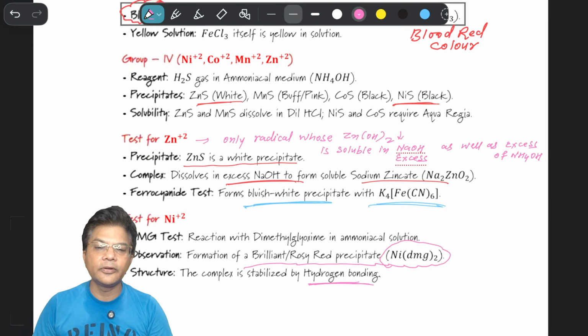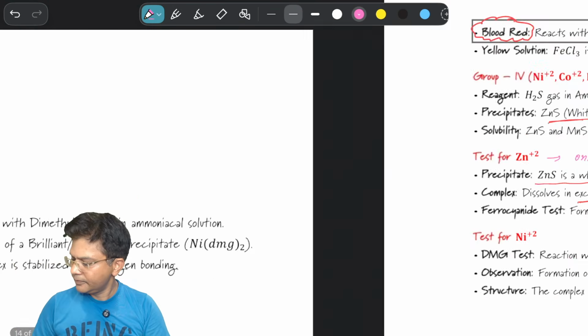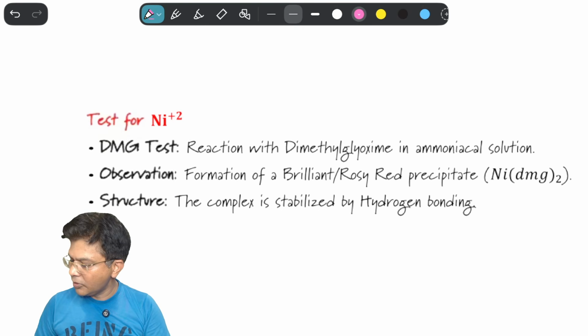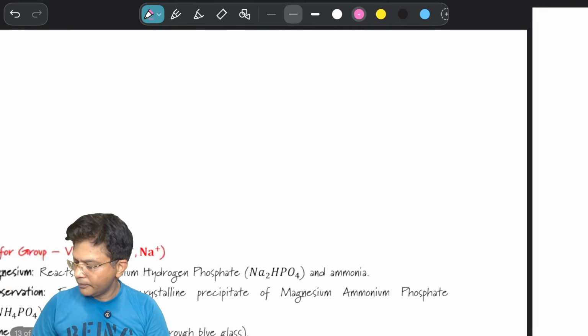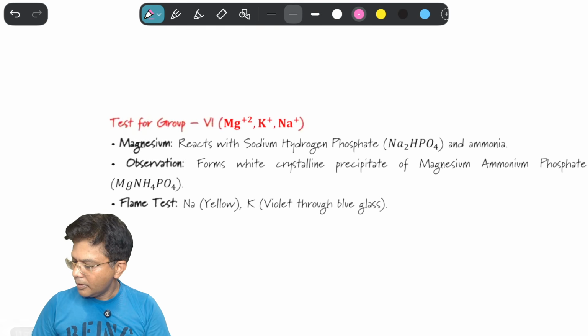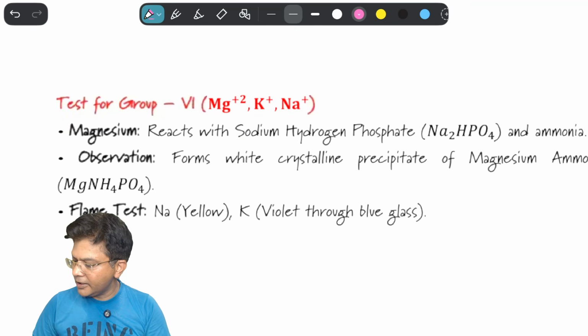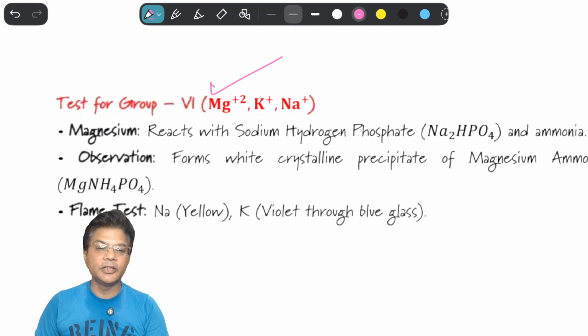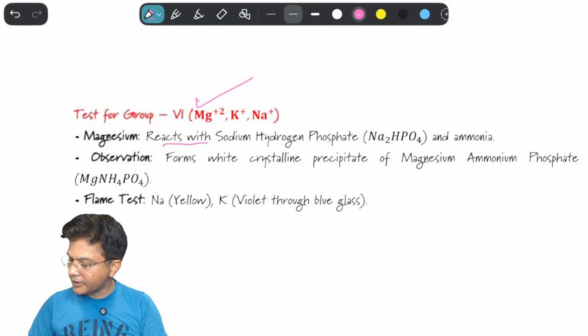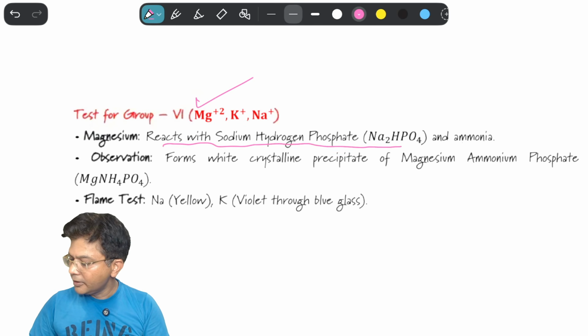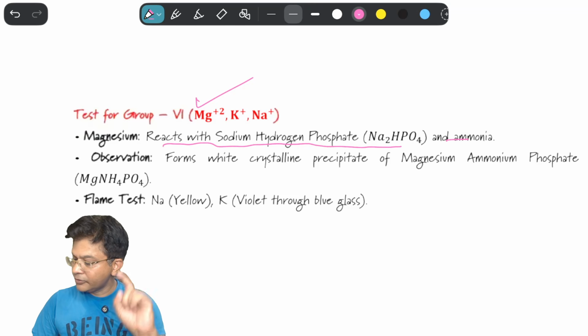Okay, now you got it. Now next. Nickel, so already I have told you, rosy red color, this is very important, right? Now, out of these three, only magnesium is on our syllabus, magnesium Mg2+. For that you have to remember sodium hydrogen phosphate reacts with ammonia, and it gives white